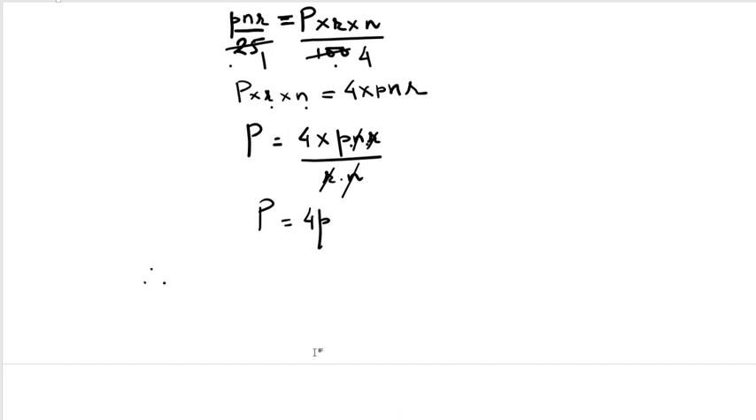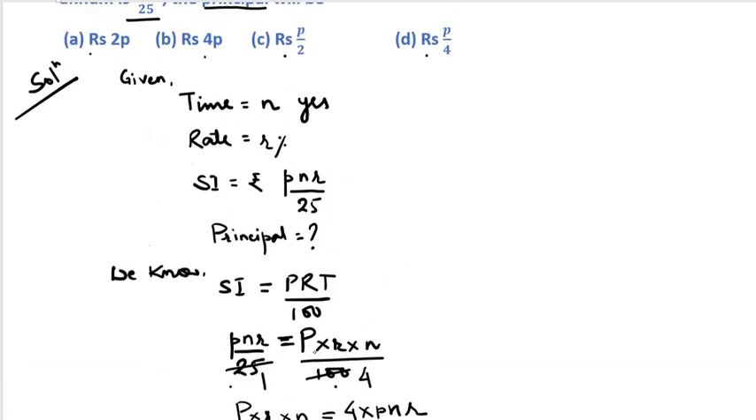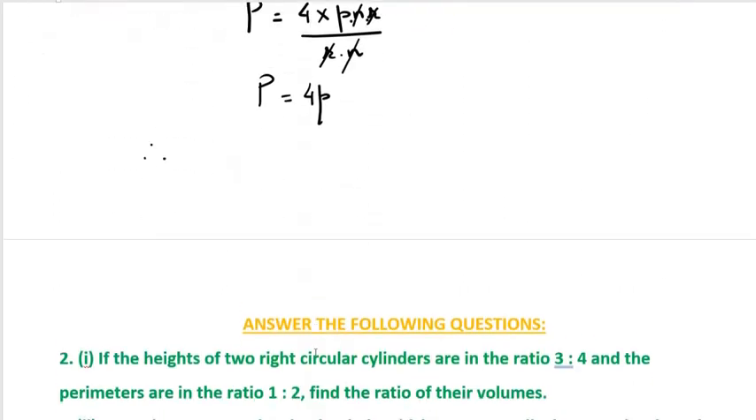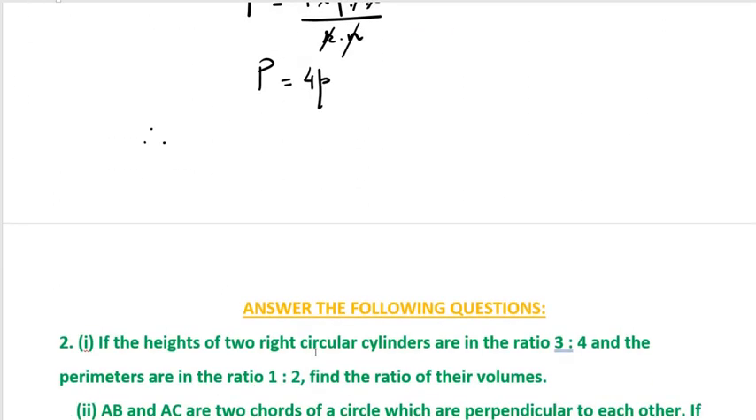Okay, so 4 small p कुन चाहिँ option मा छ? We have in option number B. So what is your correct answer? Our correct answer will be B, which is 4p. This will be our correct answer. Okay. Now